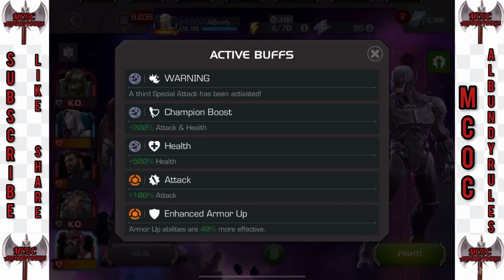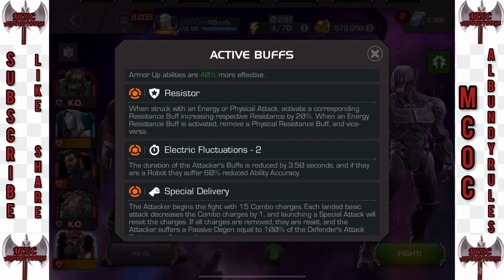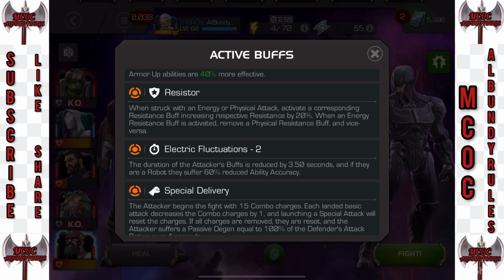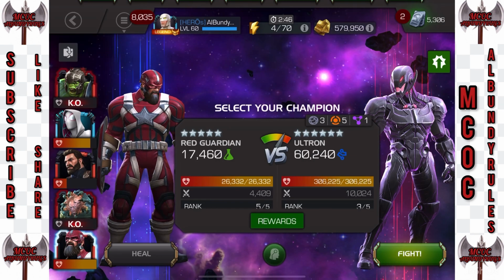I got a boss fight here for you. 1.2 from July 2021, event quest. We see resistors, the energy physical resistance. We see electric fluctuations 2 and special delivery. Start with 15 combo charges each line it hits. So you got to do a special before it hits 0. Otherwise you get that passive